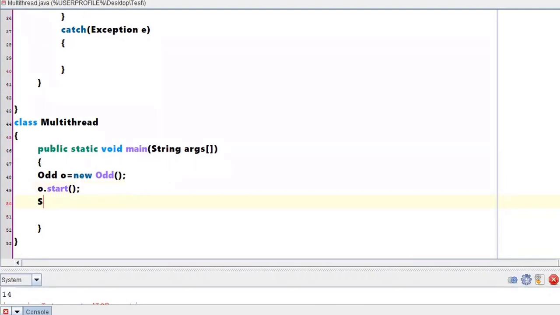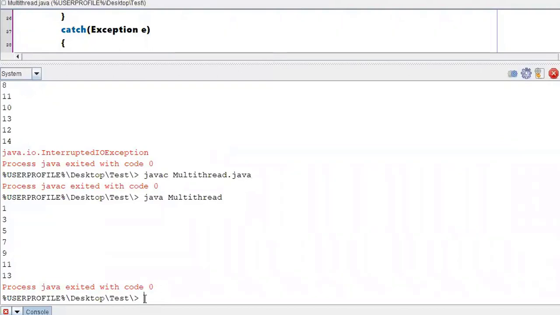right? Say for example, if I had a System.out.println here in the main method, who will be executing this particular statement? Obviously your main method should execute.